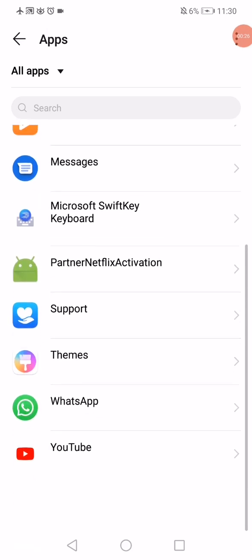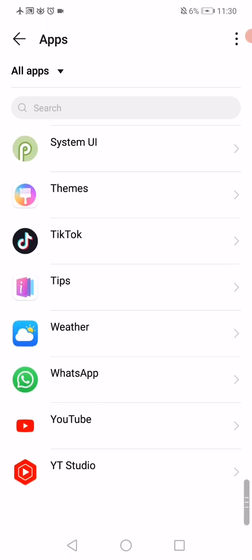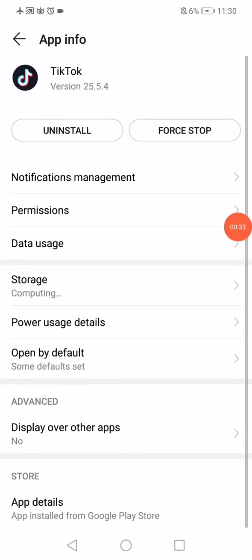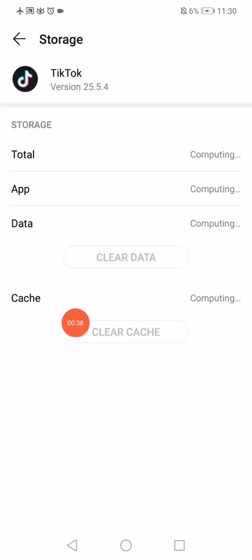On this page you will find all the apps that you have on your phone, so you have to scroll until you find TikTok app and then click on it like this. Click on this for stop here, as you can see, and then go down to the storage, click on clear